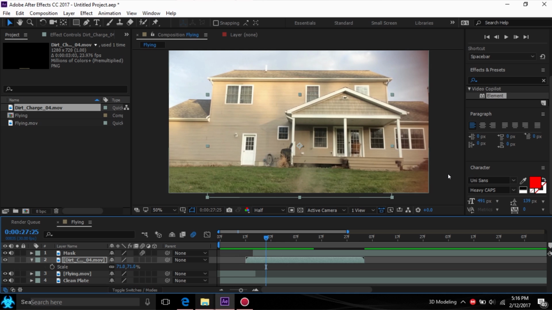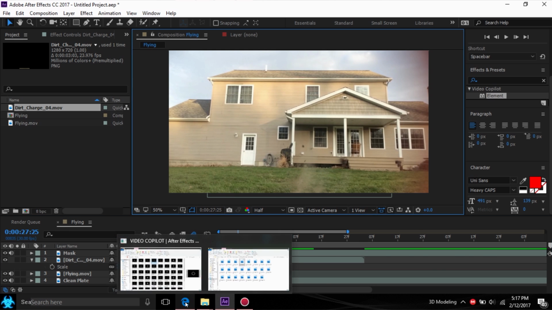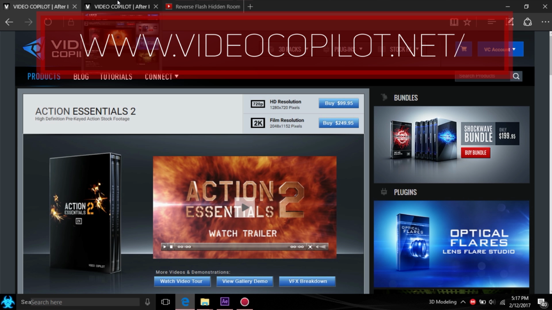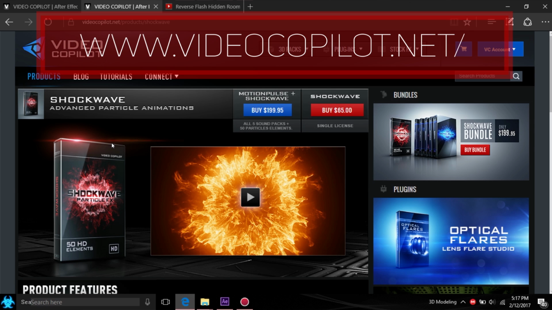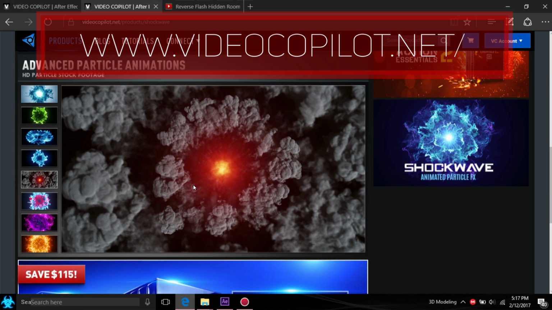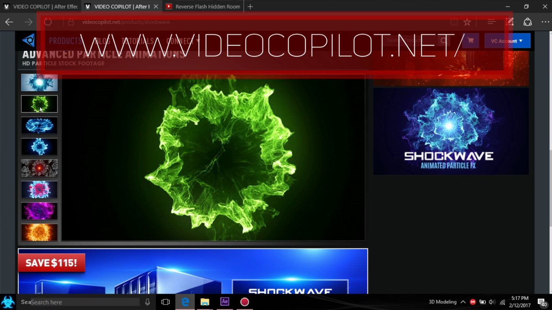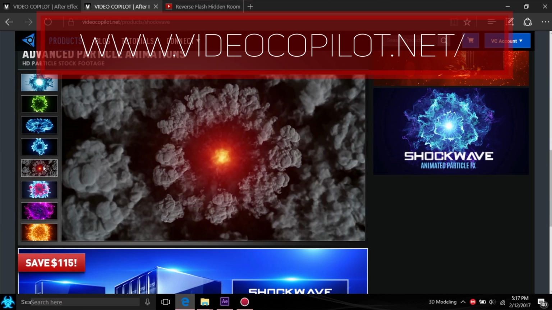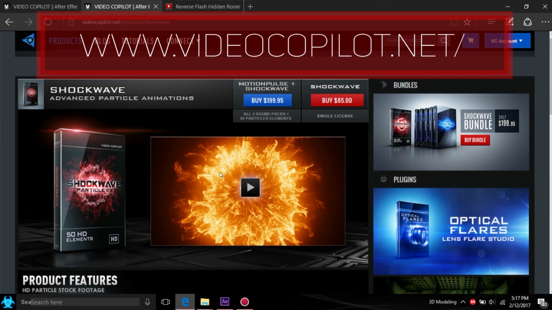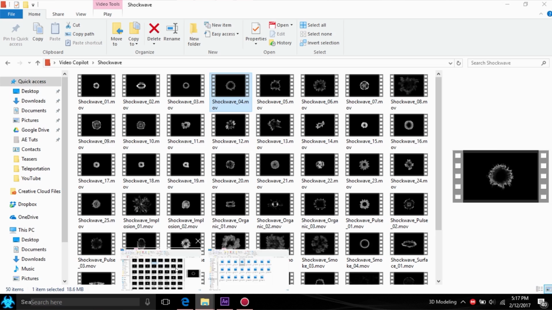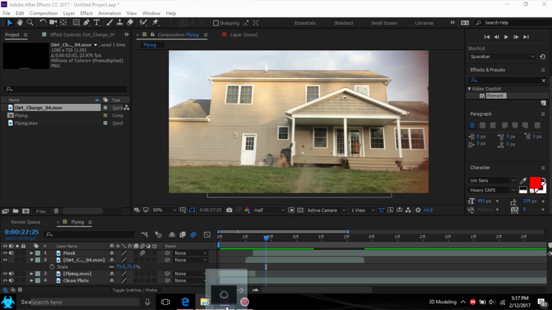And another thing you saw in the teaser, if you watched it, was the sort of shockwave that came off the ground too, and I got that from Video Copilot as well. It was the shockwave particle effects. Just a lot of cool particle effects here that look like little explosions maybe, but particles, and those are very useful as well. So I have them here. I have shockwave number 4. I'm going to bring that in,